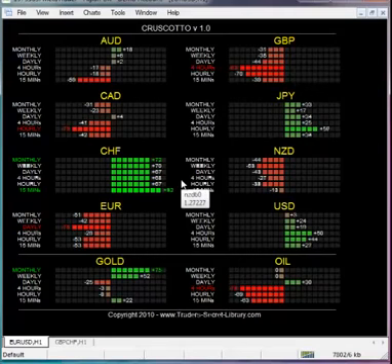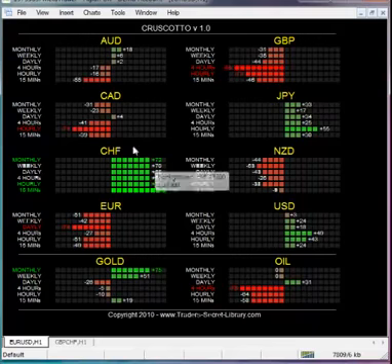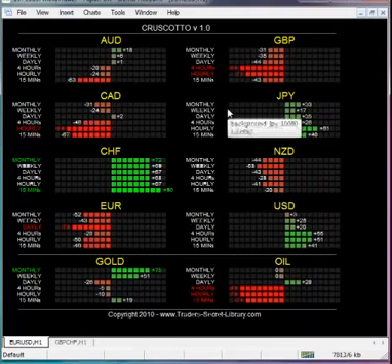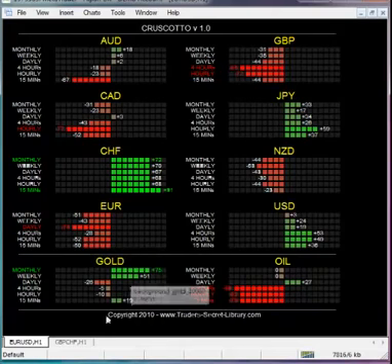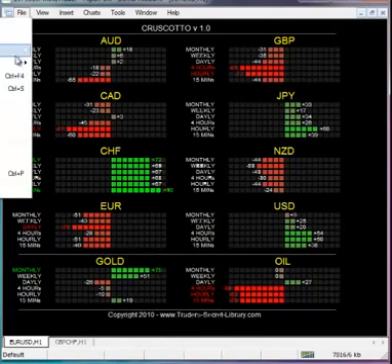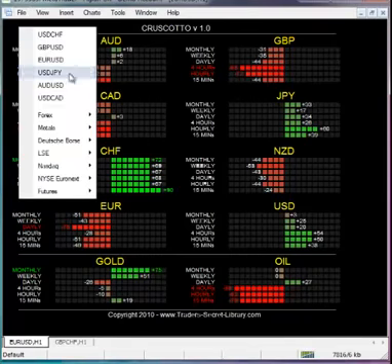Okay, so you don't need to have open many pairs, but only have to monitor those ones that are showing more potential for a short or a long. So like in this case, the pound and the Swiss franc, or the euro is also weak, and the Swiss franc, maybe euro Swiss franc can be another